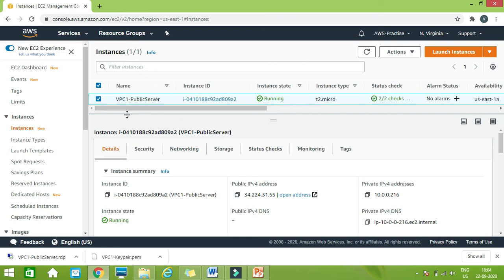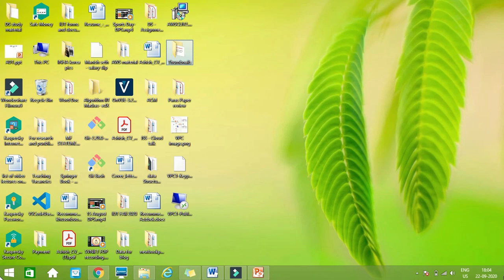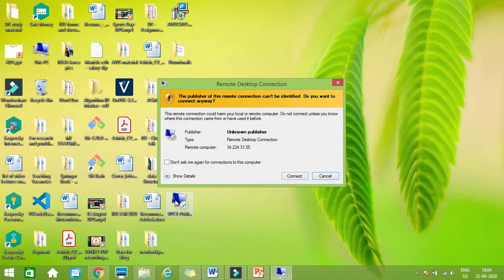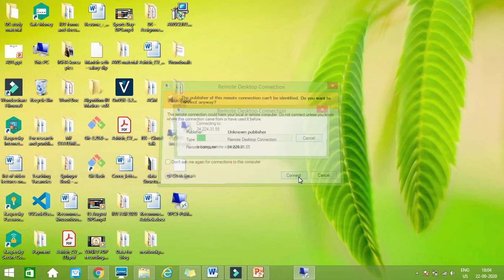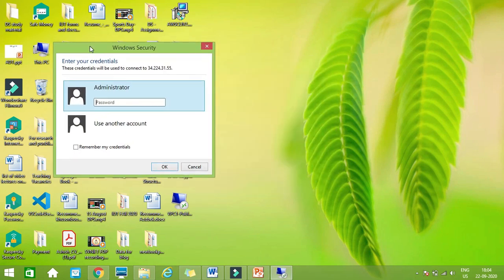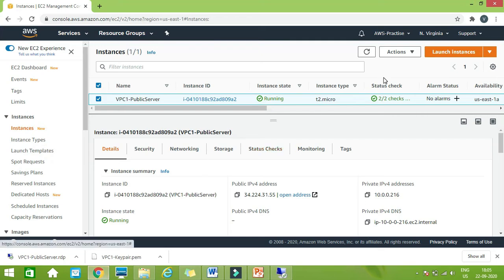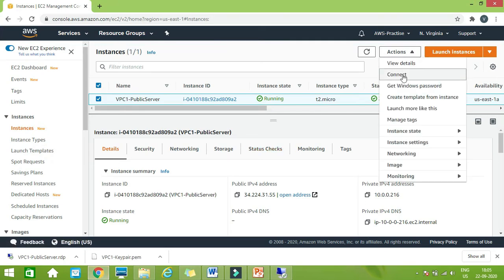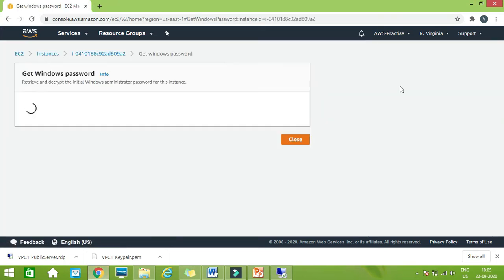So we'll go to our desktop. On the desktop you can find this RDP file. With the RDP file you just click on it, and you can see here it will ask you what the password is. We already did this exercise.